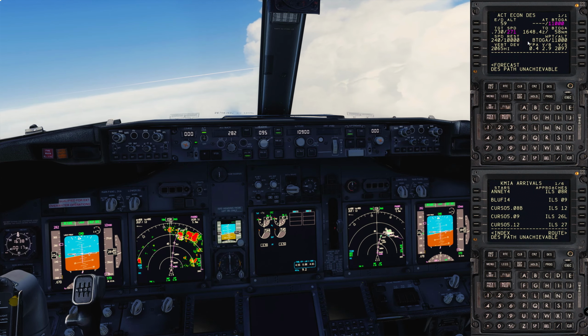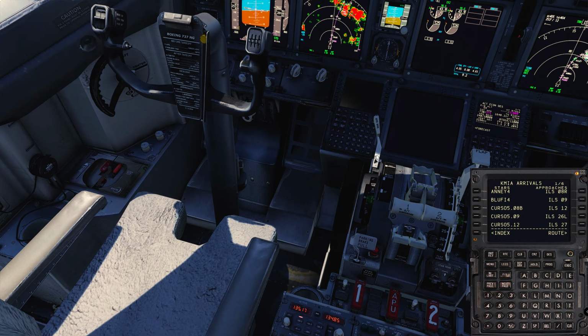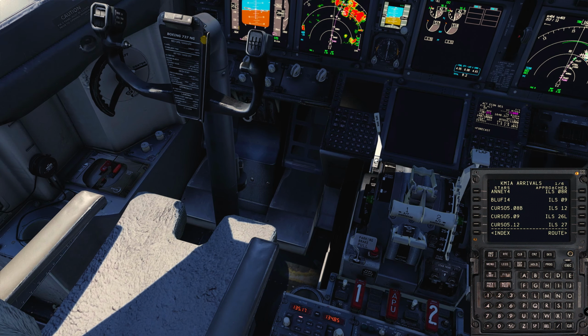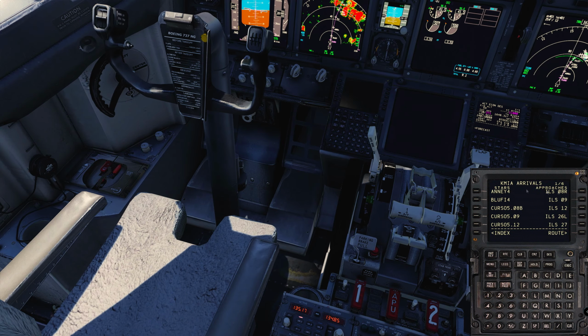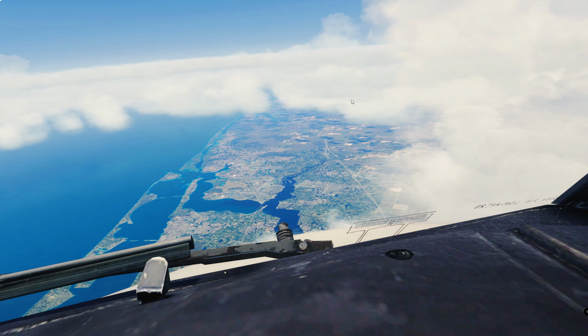Alright, let's get our descent. Yeah. Unachievable. My foot. American 5723, cross Baron to maintain 11,000, the Miami altimeter 29907. With a heavy... Good dose of speed brake. We'll get down. 27,